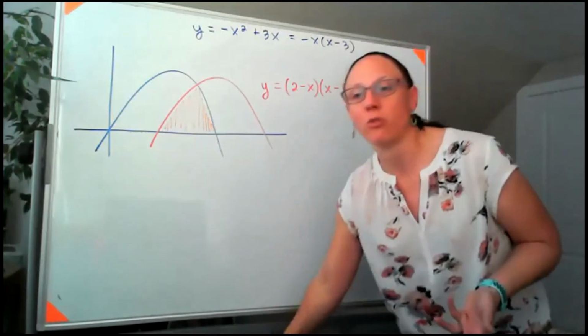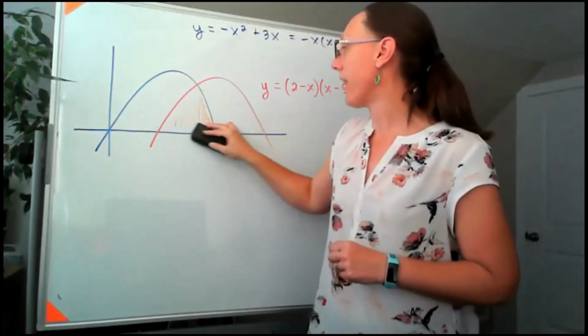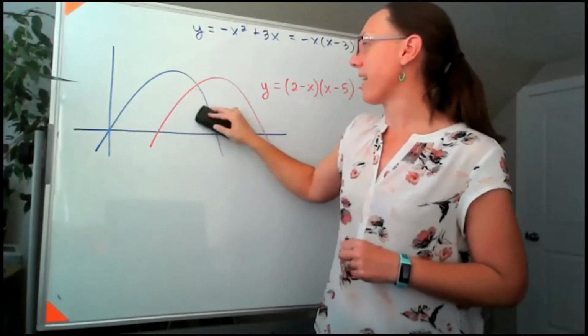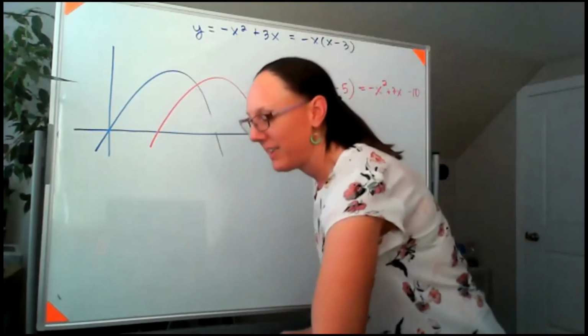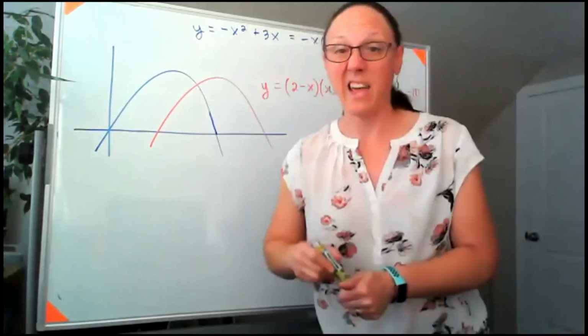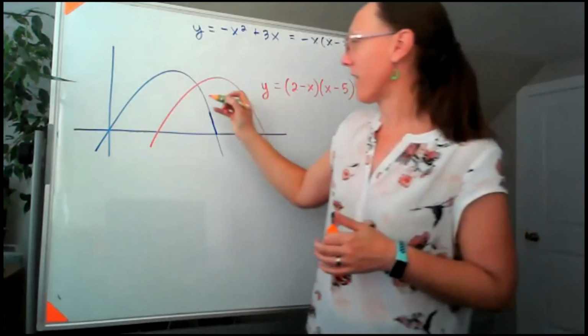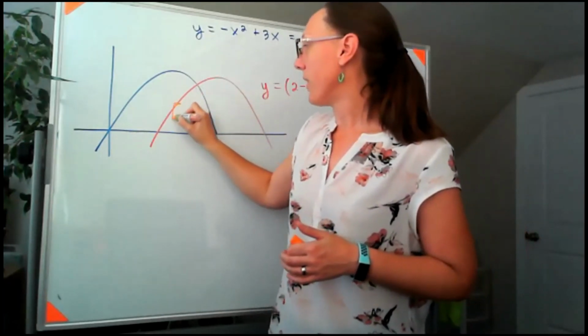So if I think about drawing an arbitrary cross-section in here, if I think about drawing out some rectangles, the problem is, or rather a problem is, that when I go to draw rectangles in here,